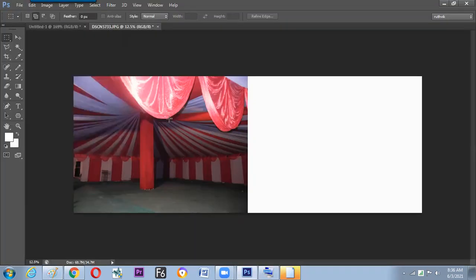Now switching to the next higher option of the same selection. We can start taking this selection. Now we'll make a duplicate of this particular image to the right side. So how to do that?